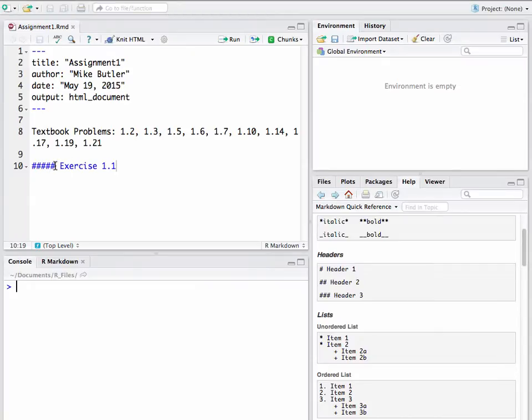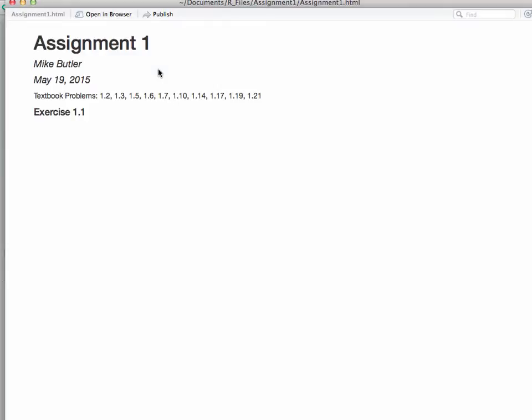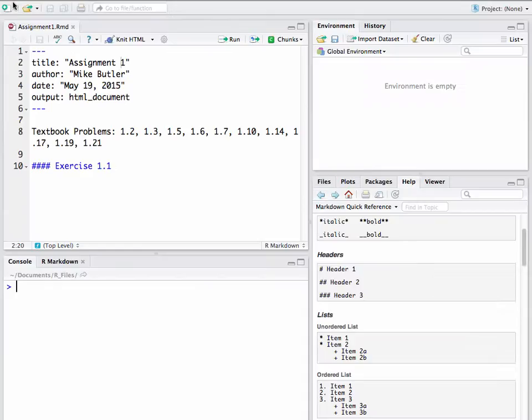Now notice if I take away one of those hash marks, watch what happens to the file here. Put a space there. There, I did want a space actually. Knit it again. And notice it makes it bigger. So you decide, this is a style thing, you decide how big you want those to be, okay? All right, so now let's go ahead and come down and take a look at exercise